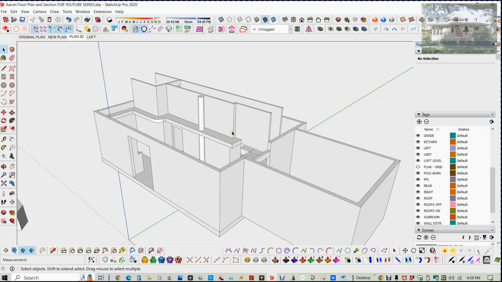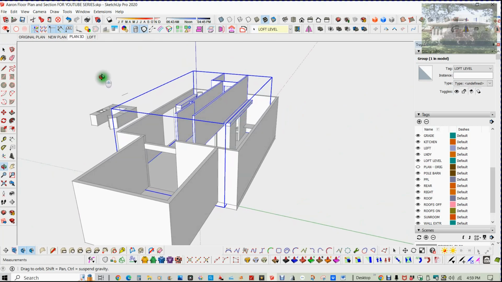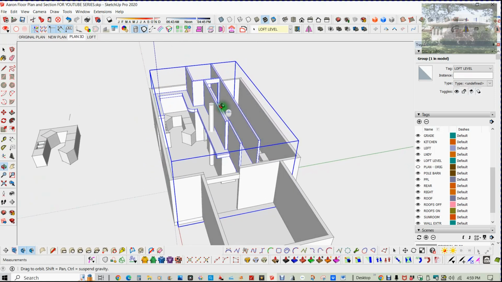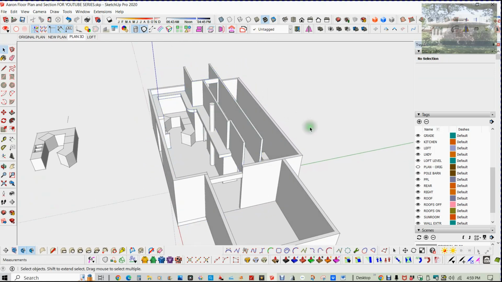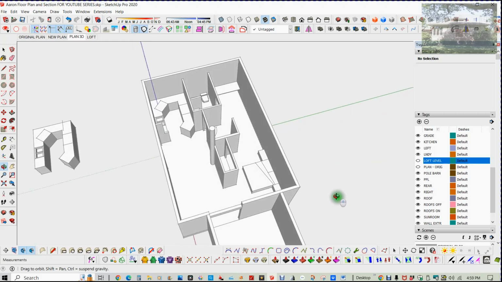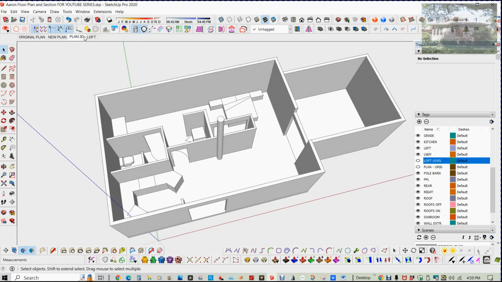Okay, so now that we've got this second floor turned into a group and put on the loft level tag, we're just about done. Nice part with this is now I can turn the loft level off if I like. If it's in my way, I don't want to work on the first floor. So in order to get that to work for me, I want to go to the 3D plan, and that's still good as it is. I'm just going to